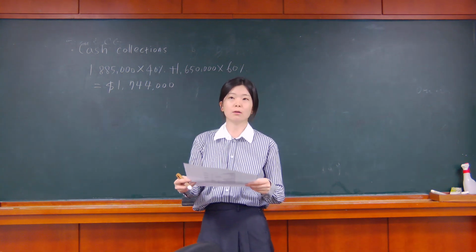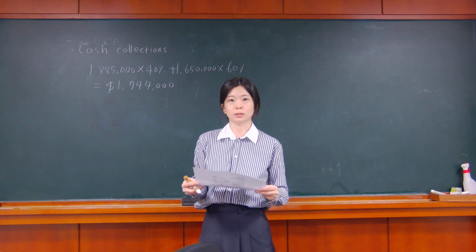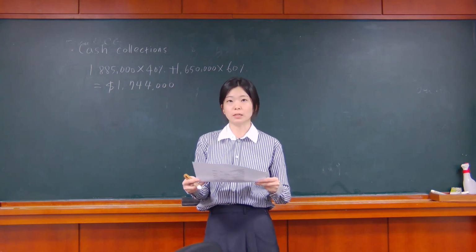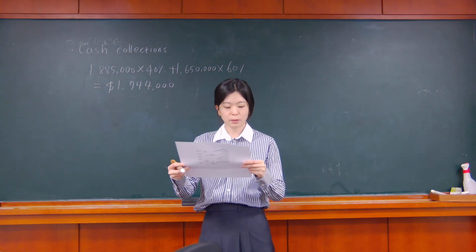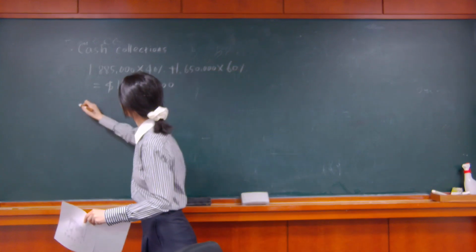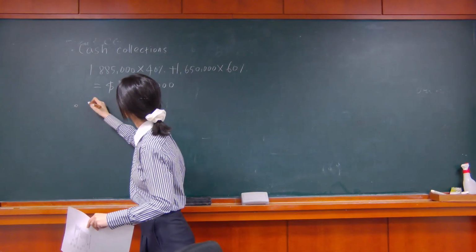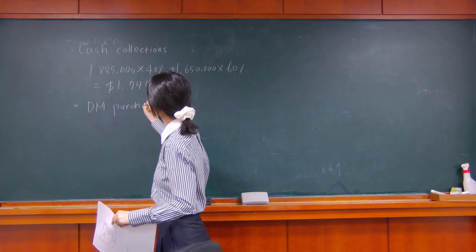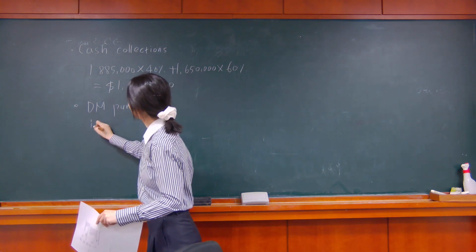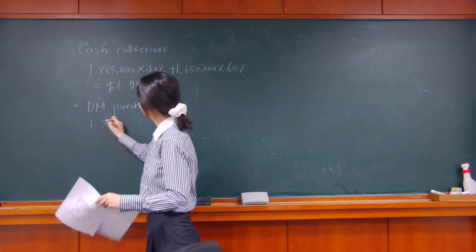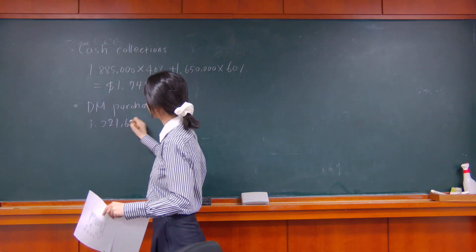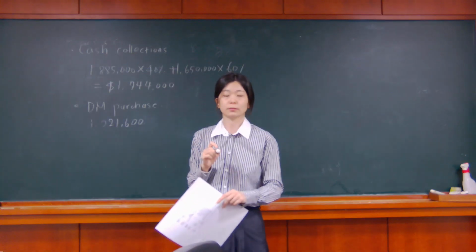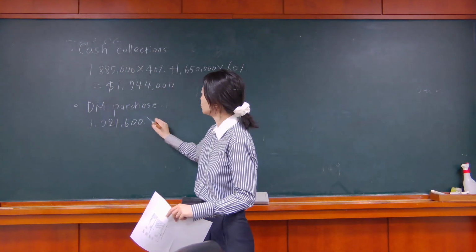So if you recall, what was the direct material purchase in Schedule 3B? So it was actually $1,021,600. So out of this number,